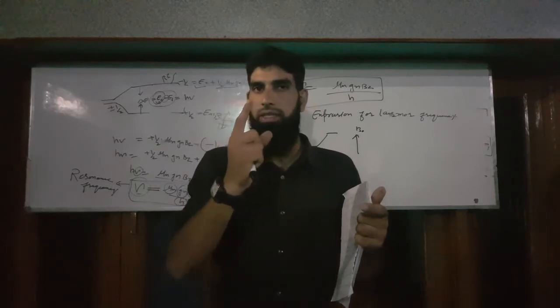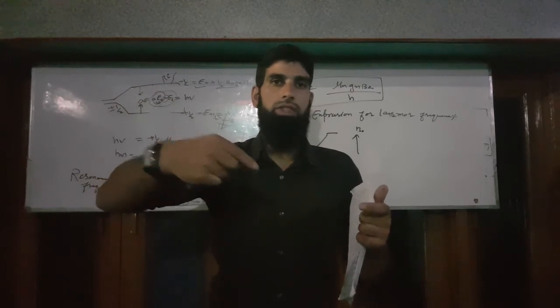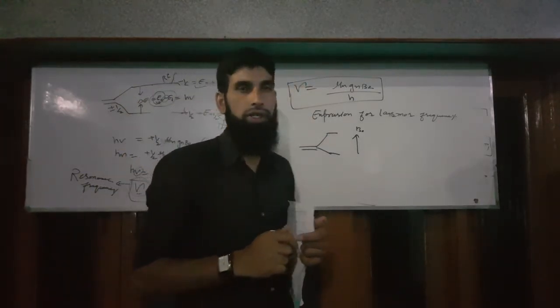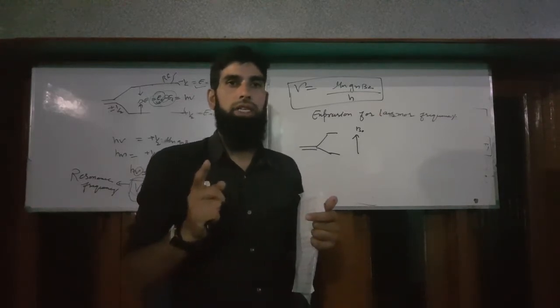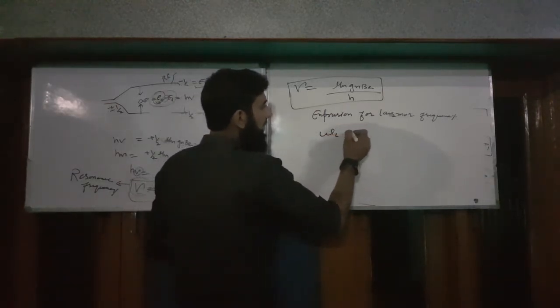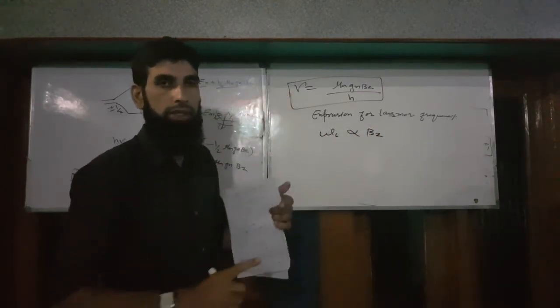Okay, the lower Larmor frequency, and lower radio frequency will be applied for the resonance. So we come to know from our discussion that this Larmor frequency depends upon the strength of the external magnetic field. So we write here this omega L, we write as the Larmor frequency, is directly proportional to the Bz that we apply, the external magnetic field along the z axis.